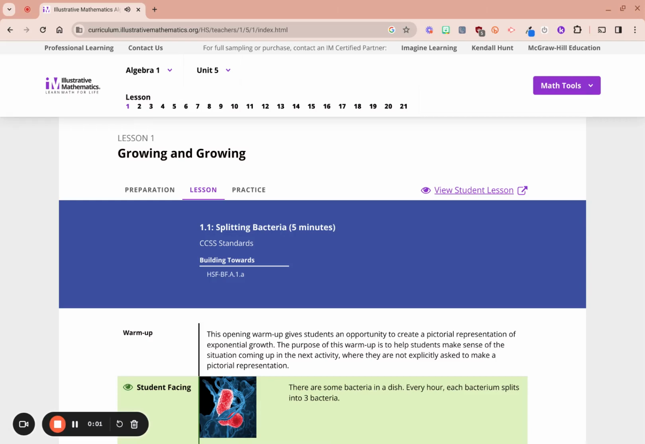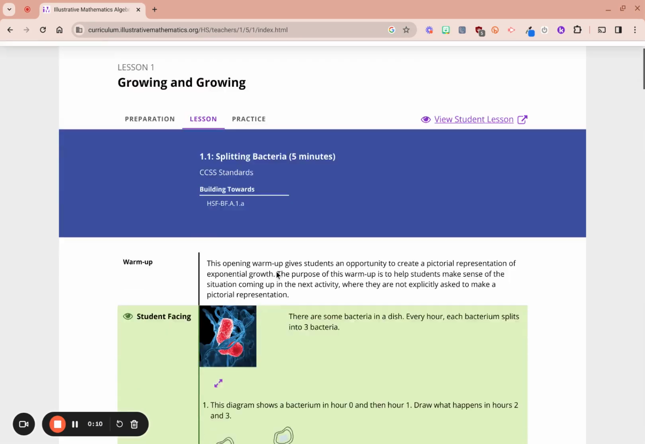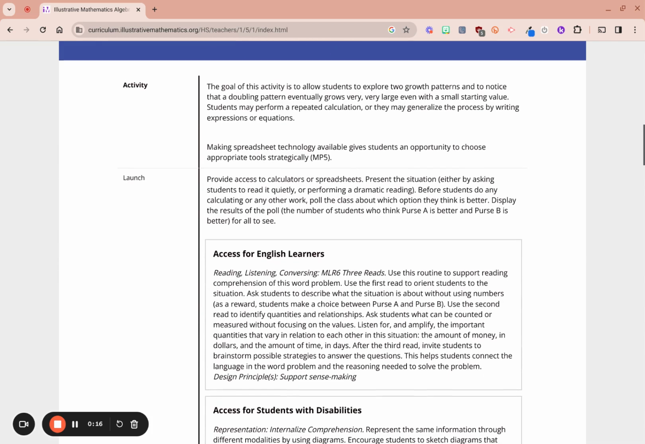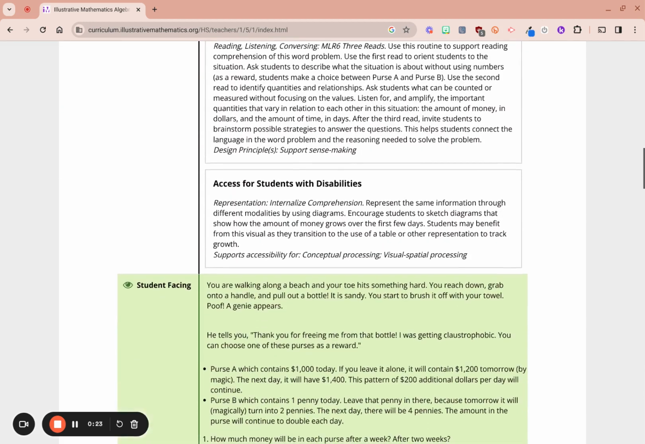All right, let's take a look at how to use spreadsheets in Algebra 1 Unit 5 of the Illustrative Mathematics curriculum. In the first lesson, the introduction to exponential functions, there is an opportunity to use spreadsheets for activity number 2. Sometimes I feel like teachers avoid using spreadsheets simply because they don't know how to use them. So that's what this video is about: how to use a spreadsheet to model the situation where